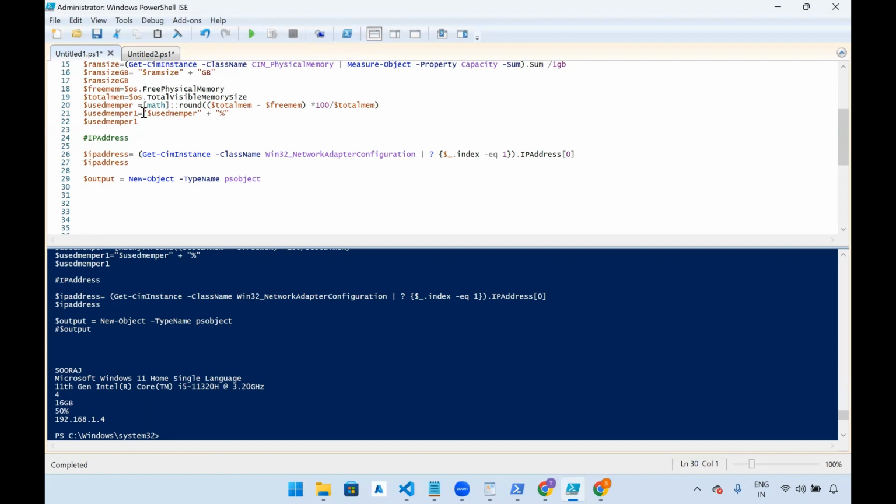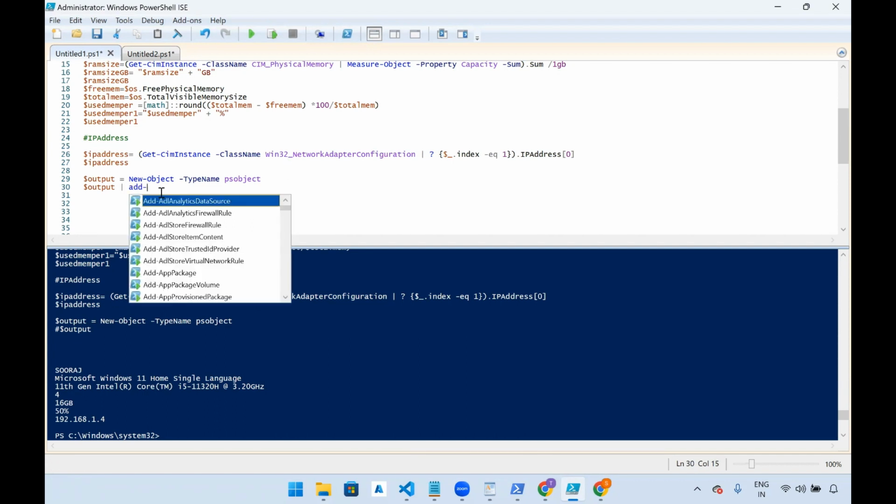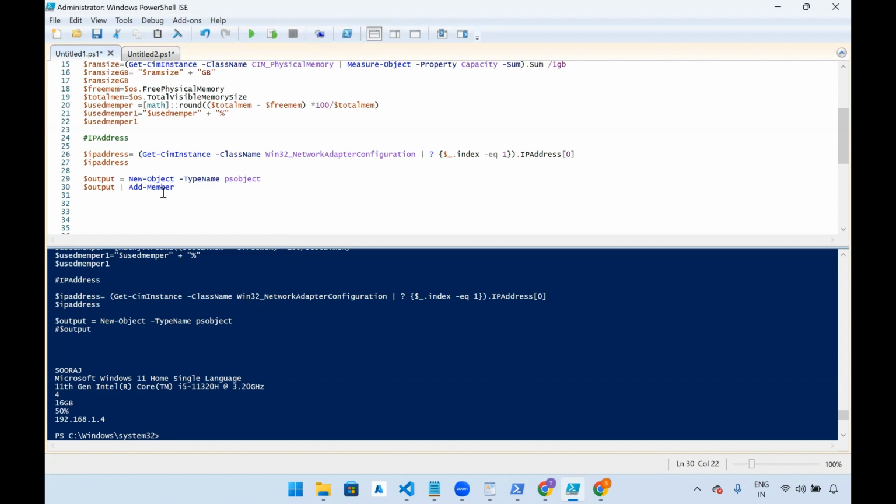Even if you are not using this, it is a single script only. We can write it in a different way, but using this, we can do it in a more efficient way. So I'll take output, which is nothing but this variable, then Add-Member, type, NoteProperty,